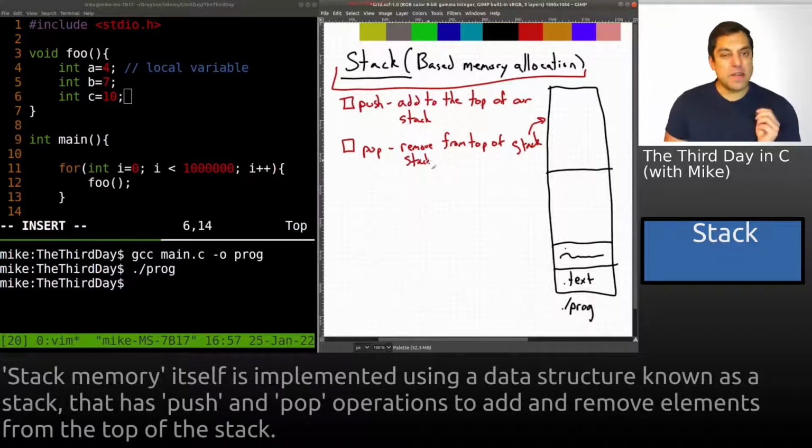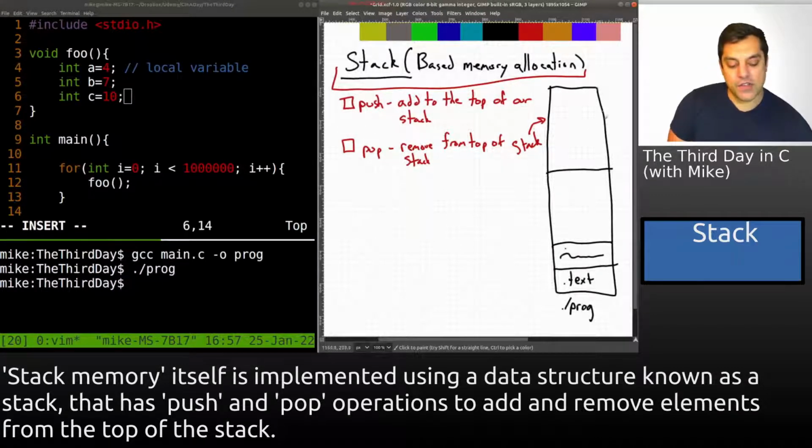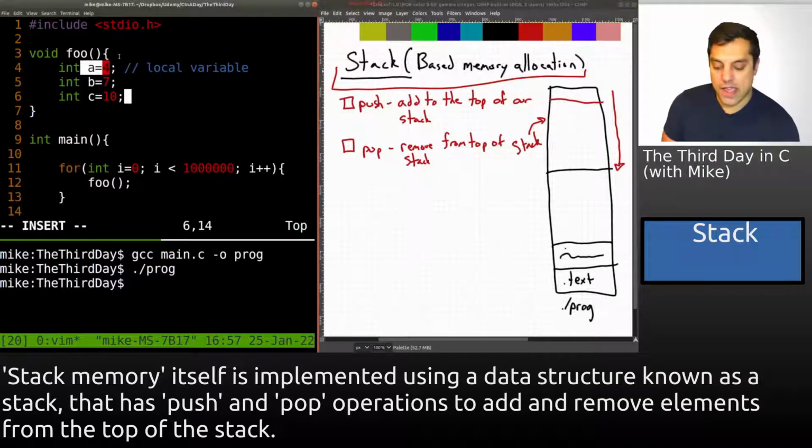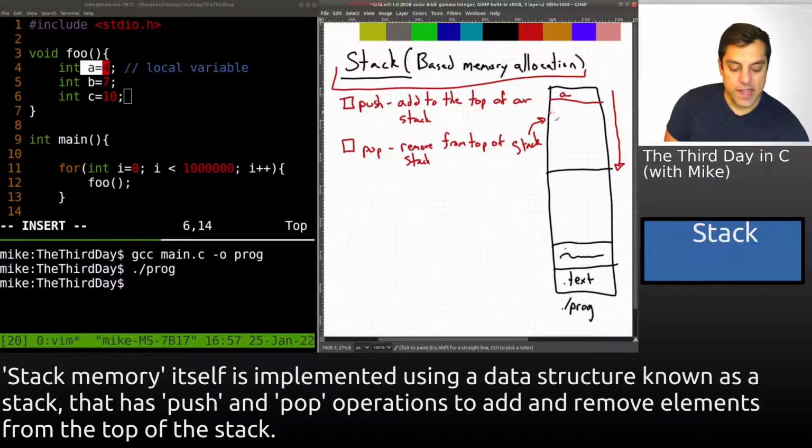Now there's something a little bit weird here in how to actually represent this accurately. Our stack actually is growing in this direction, so the top would be somewhere here. So in our example, when we add A first, this is the top of our stack, and then we add B, and then we add C, and so on. So it's actually growing downward until we hit this region here, which is the end of our stack. If we go over this, we get a stack